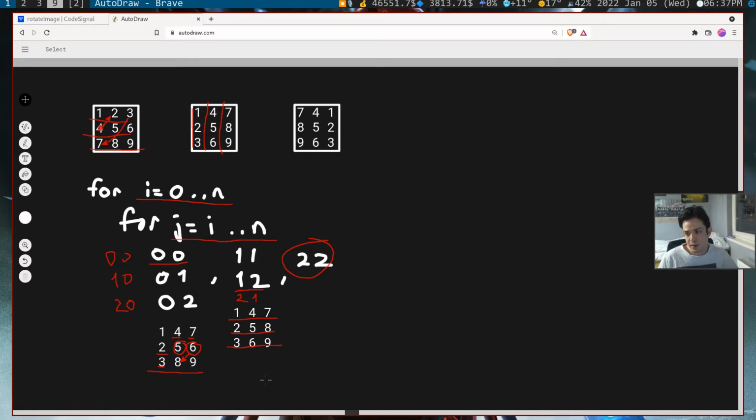If it's rectangular, so if it has 3 rows and 4 columns, you need to create additional memory. Therefore, this problem is only valid for square matrices. Okay? So, what are we going to do after we take the transpose of a matrix? If you see the transpose of a matrix, let's look at